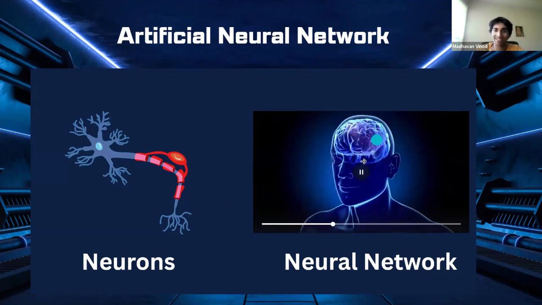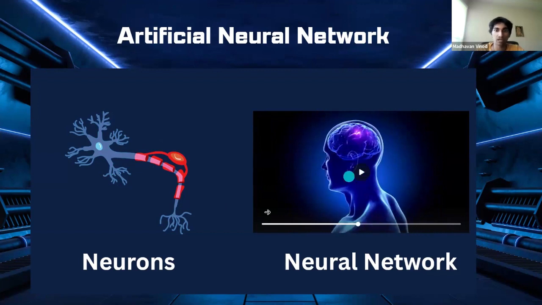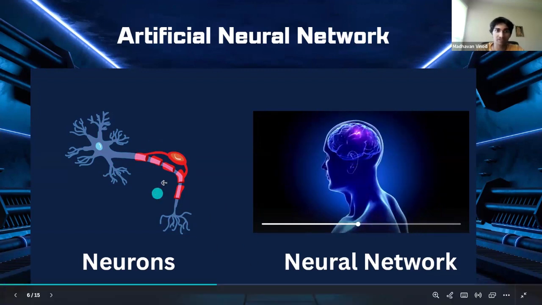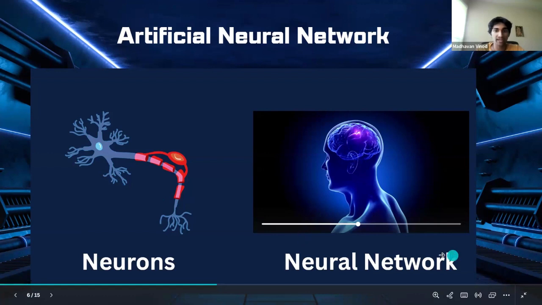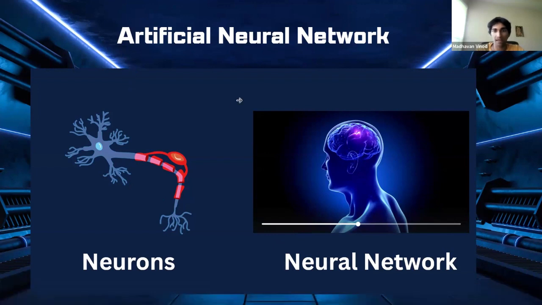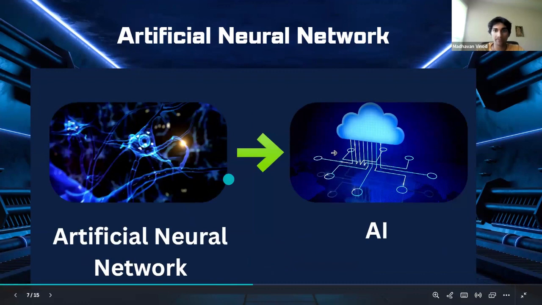As you can see here, we're exiting to a human brain. That's a neural network. So remember, there's only a few words you need to know from this slide, and we have a pretty short slideshow today. It's neurons and neural networks. Now, this is the human biology we're talking about. You guys might be wondering how this connects to machines or software that can think on their own, reason on their own. So that's where we move on to the next slide.